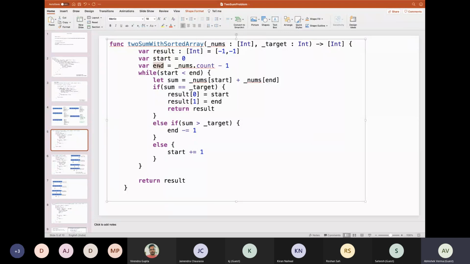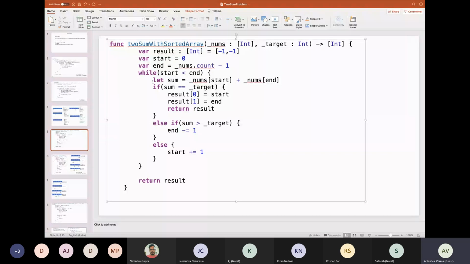We iterate until start and end cross each other. We will not even check the equal to condition, because we need distinct values. So we just check that start is less than end, meaning start is still pointing left of end, and in that case we continue with our iteration.